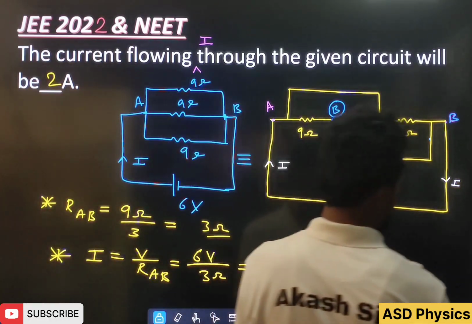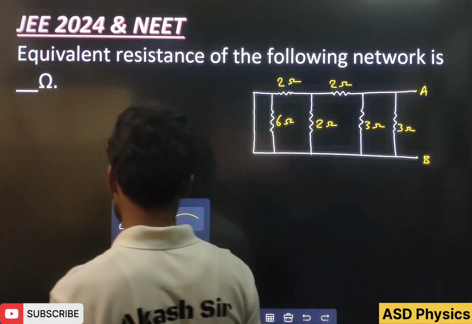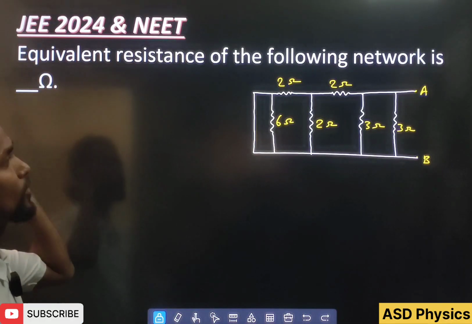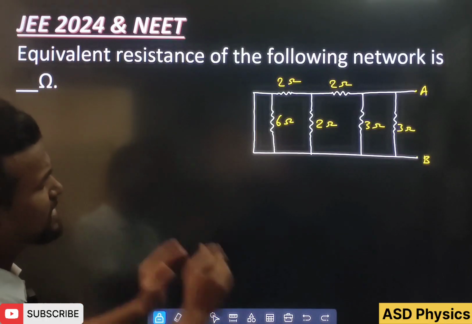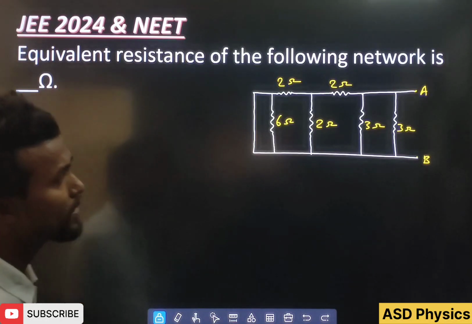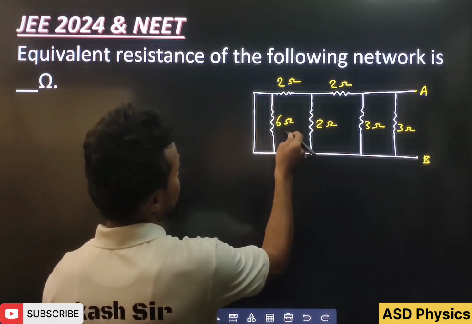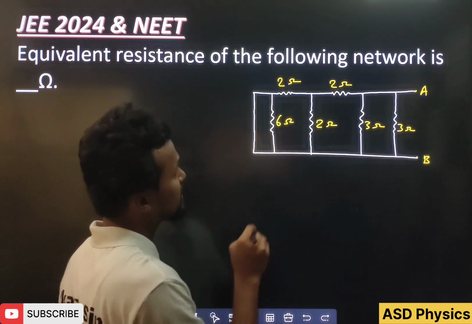Is it? Great. Now students, next one, see here again this question. Here also, the equivalent resistance of the following network, how much? So this is a very easy question, but one thing you have to remember. Here, students, see, this 6 ohm is there, okay, but for this 6 ohm, what is the thing you know,